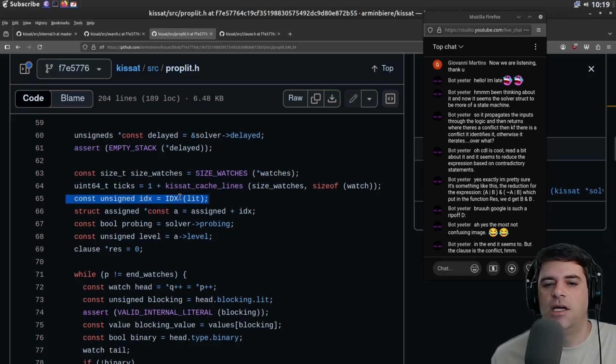So I think that index is now just pointing to where lit is in memory or something along those lines, or maybe just the value of that variable, like 87. Not value, but like the name of the variable. And then we're setting assigned to assigned plus index, I guess,